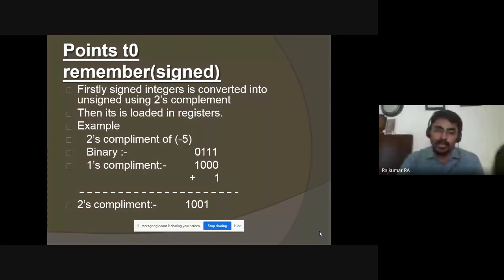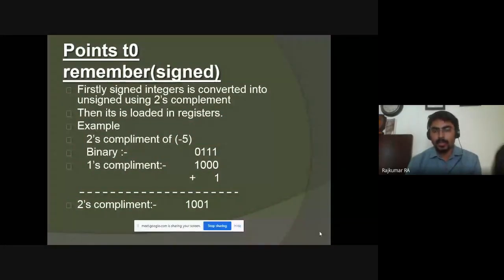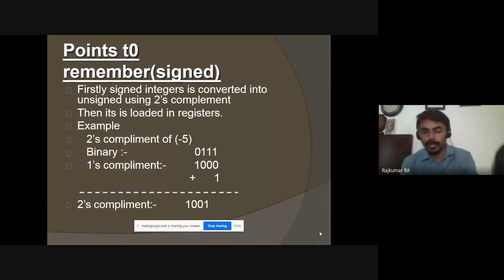Now this 2's complement we can use for the addition of two numbers. For example, 3 minus 5. For 3 minus 5, we only have to convert the minus 5 into 2's complement. Now 3 is 0 0 1 1, that is called 3. Now 0 0 1 1 plus 1 0 1 1, then you get the actual answer of 3 minus 5. If you couldn't understand, I will repeat it once again in the example.